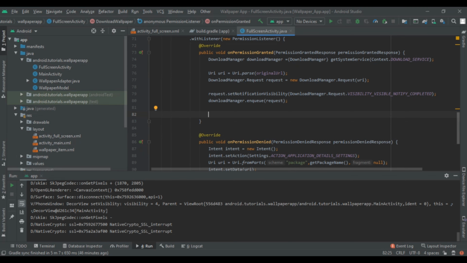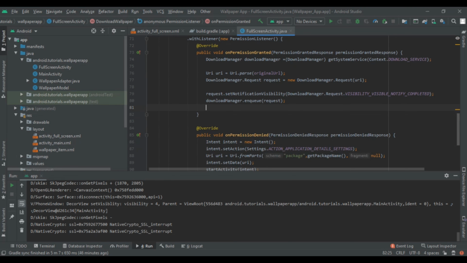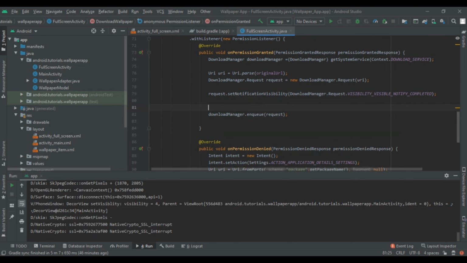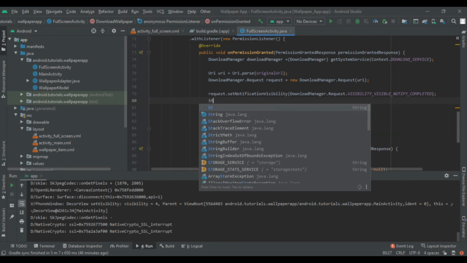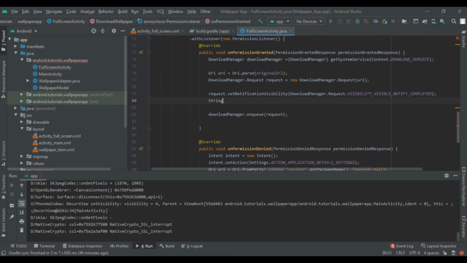So here our first step is to add that in our folder. So we are going to create a string and give subpath as a name. I will tell you why we are creating this string. And now here type whatever folder name that you want to create in your user's device.